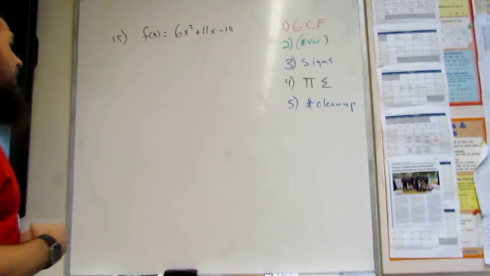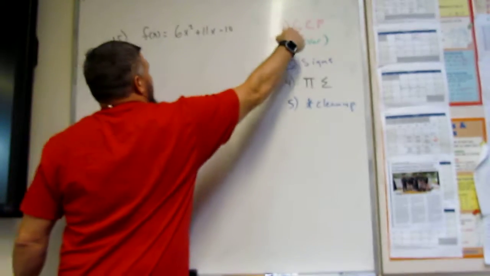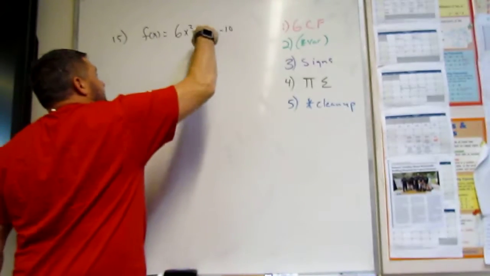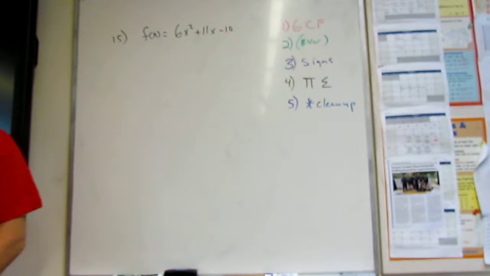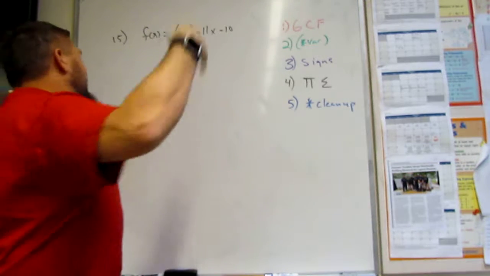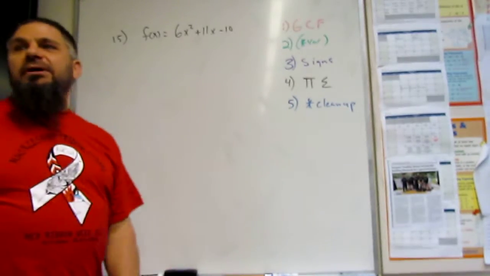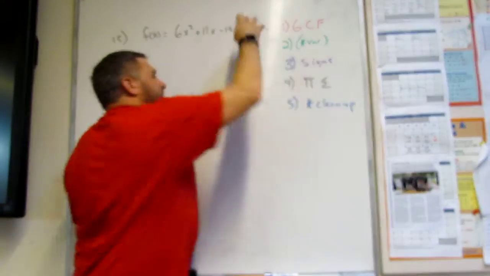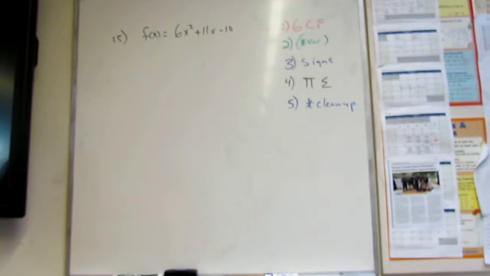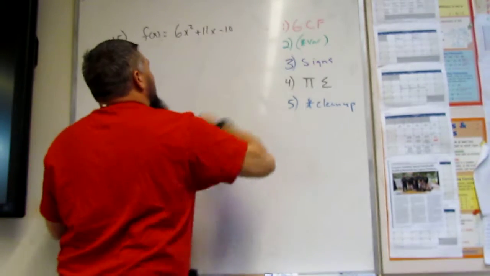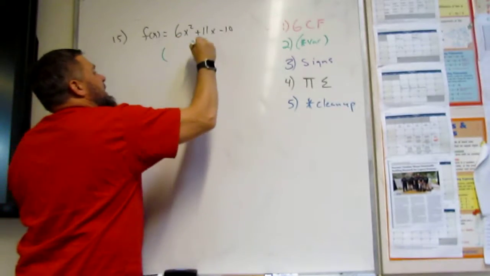The first step is GCF. What goes into 6, 11, and 10? 1. Yeah. And when it's 1, you're done, right? There's no GCF, in other words. Okay? So this becomes a 4-step method. But that's okay. So now step 2 means I'm going to make these 2